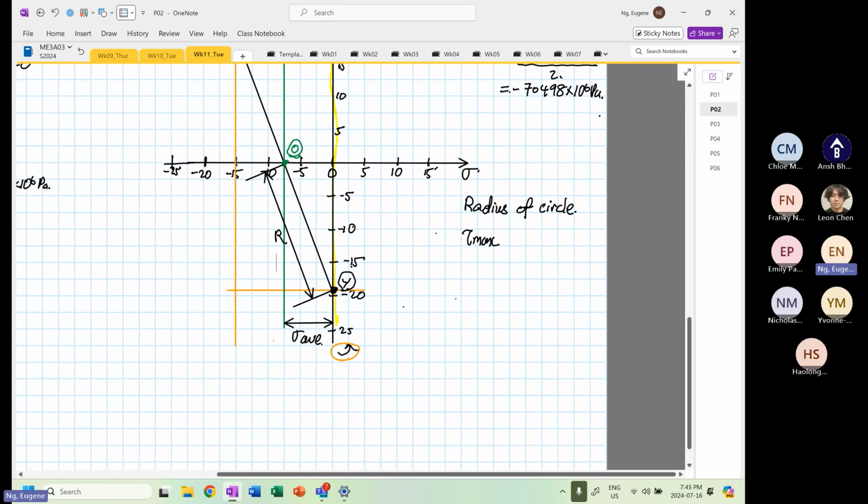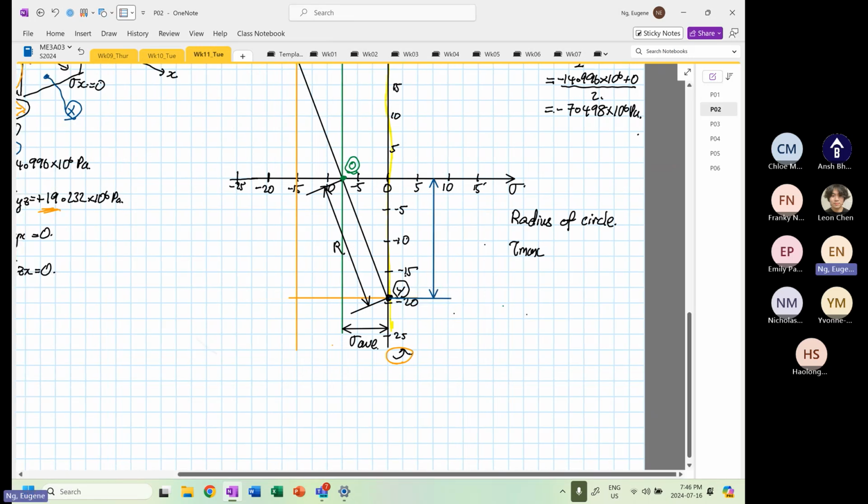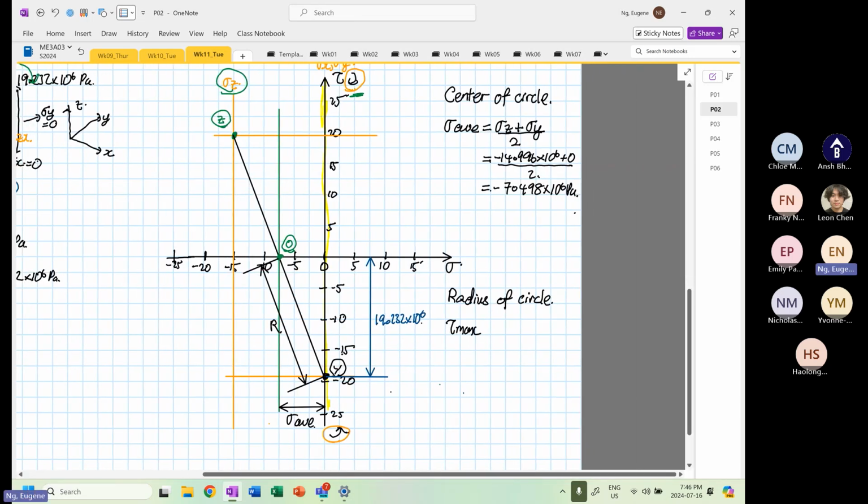So to get the radius of the circle, we know the stress average, and we also have this value over here, the shear value. That value over there is our shear, that is 19.232 times 10 to the power 6. So our maximum